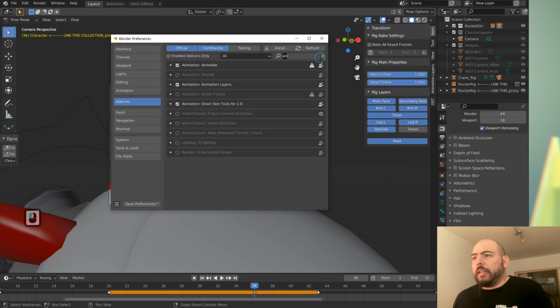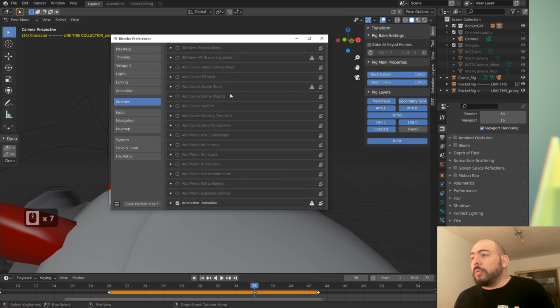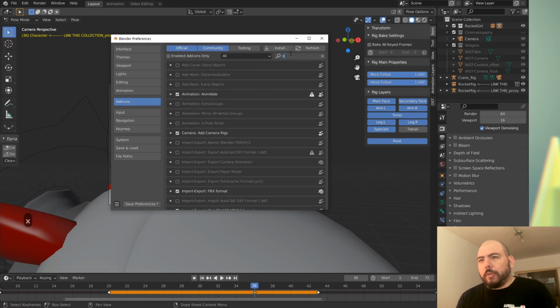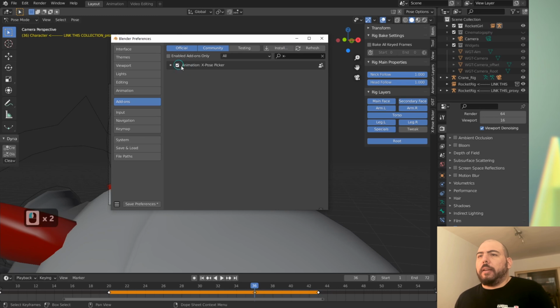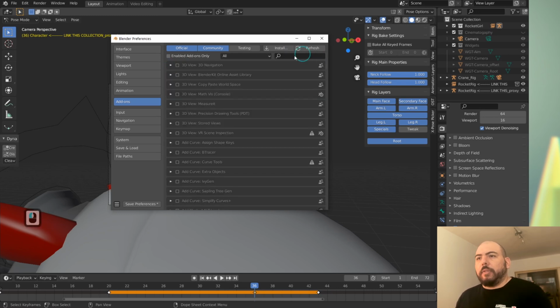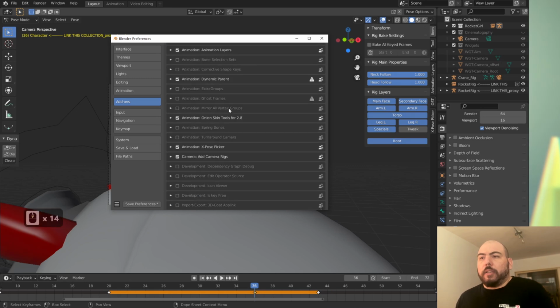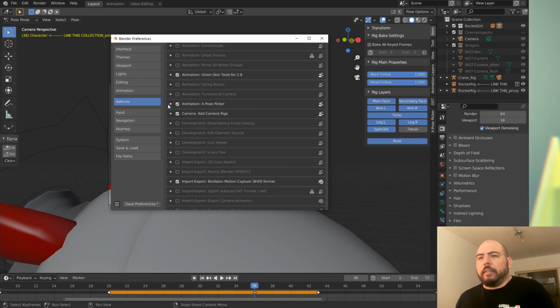Add-ons, we already said which ones we like the most. You probably want to also use the X picker. I'm creating a picker for her face, which I'm going to give out for free on Gumroad as well, when it's ready, obviously. And then, yeah, that's it.